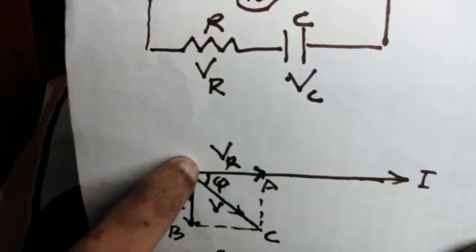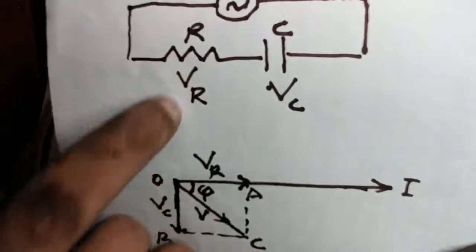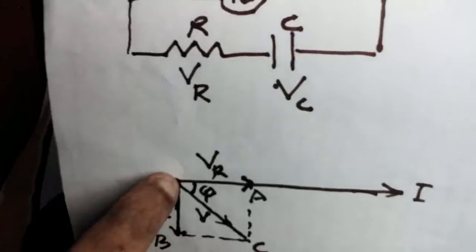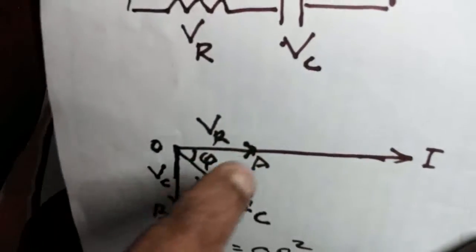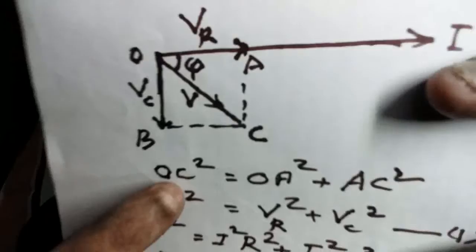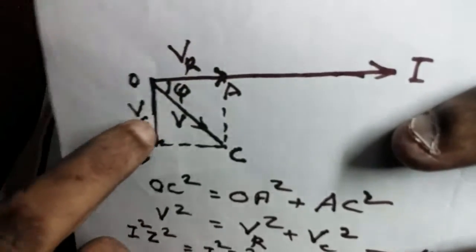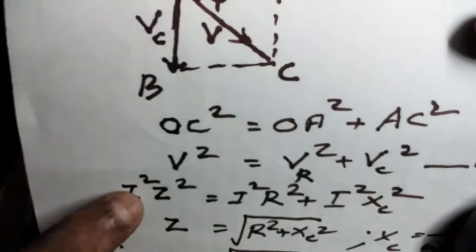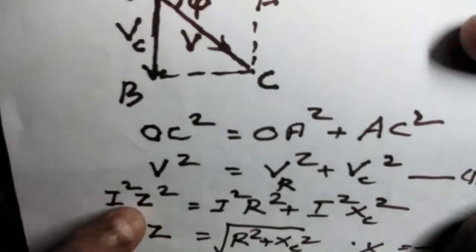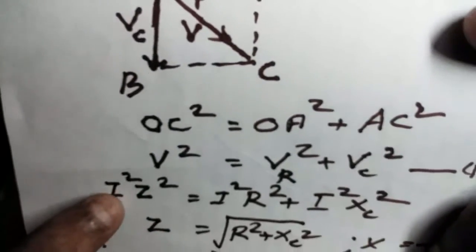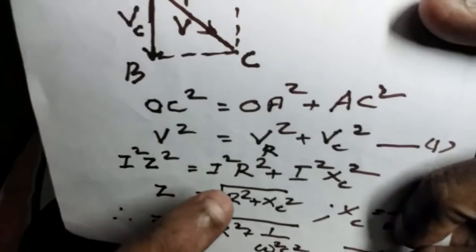In the RL circuit, VL was drawn upward, making 90 degrees with the baseline. Here it is downward. The two make a total of V given by the parallelogram law. We can write, as in the LR circuit, V square equals VR square plus VC square. That is, V is IZ, where Z is the total impedance of the circuit. So I square Z square equals VR